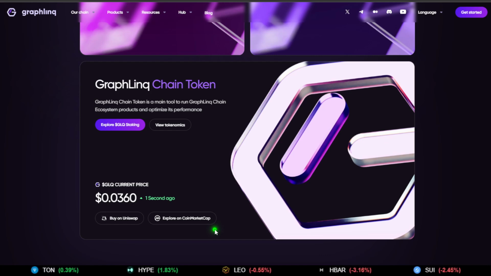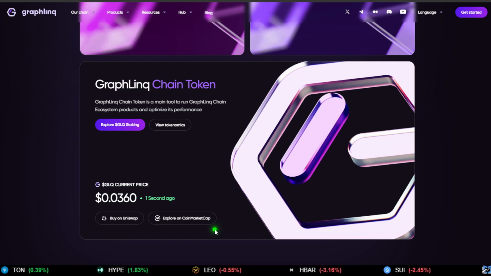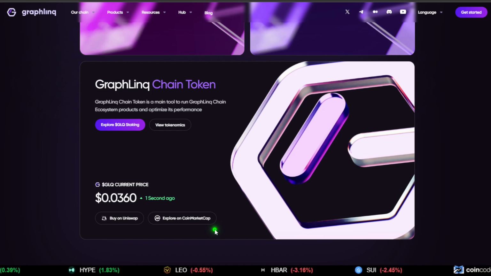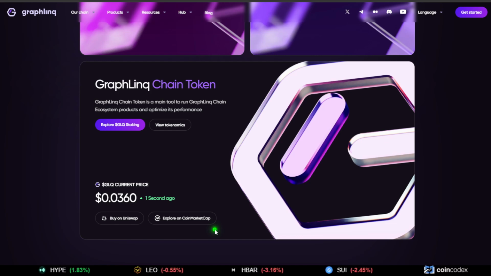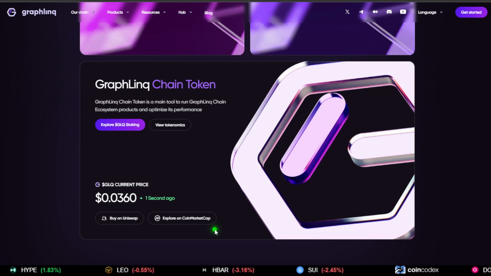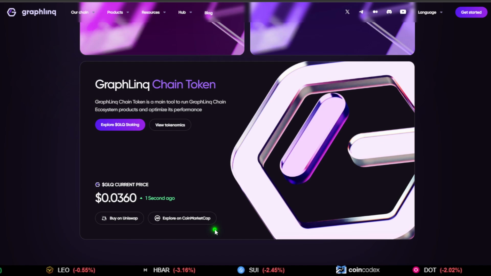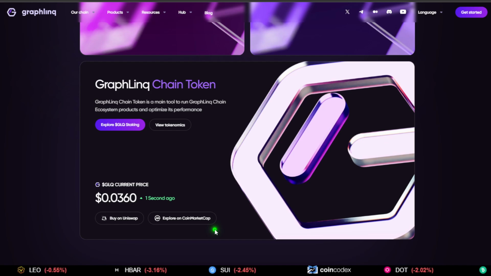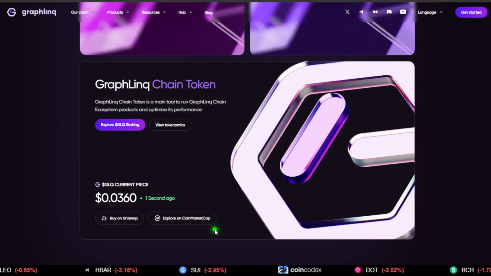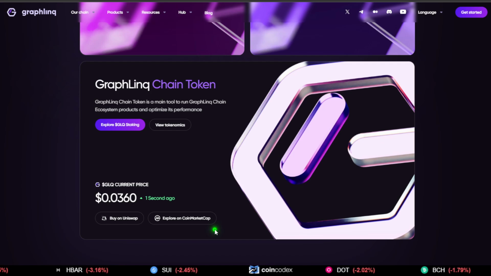Speaking of CoinMarketCap, a lot of these data aggregators like CoinMarketCap and CoinGecko have the numbers a little bit off. They're not accurate. I would say that even CoinMarketCap is closest, but still not that accurate. And that is a big problem. And it's not just a problem because of these third parties not having the right information, because obviously these third parties are not within the control of the Graphlinq team.